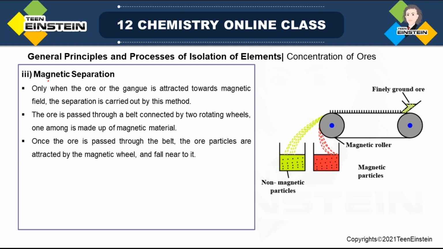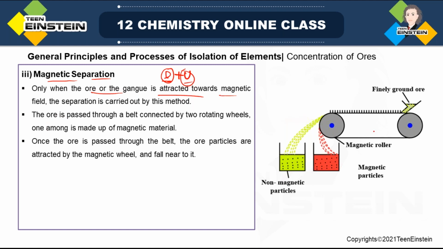magnetic separation. Now when we are saying magnetic separation, that means there is desired part, there is undesired part. D is desired, U is undesired. So one of these materials must be attracted to magnet, another one not attracted to magnet. So based on this principle, we can separate them. So only when the ore or the gangue is attracted towards magnetic field, then only you can apply this method,